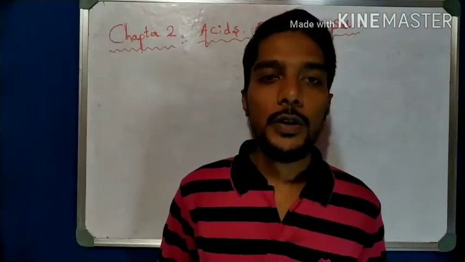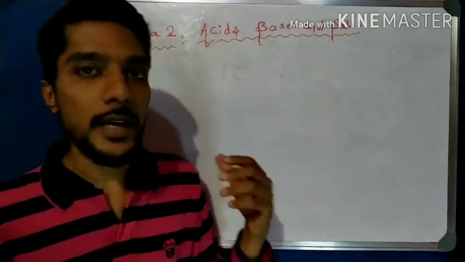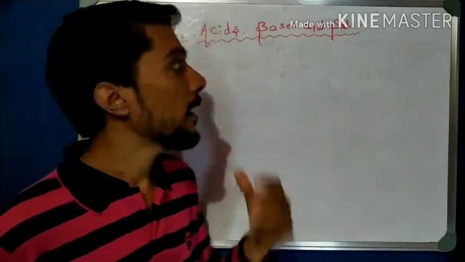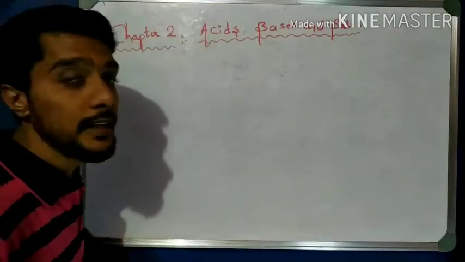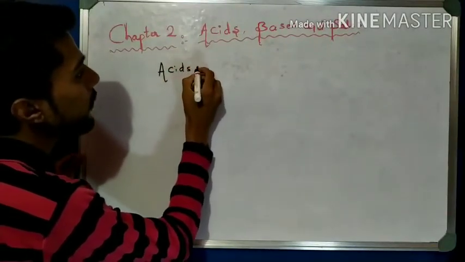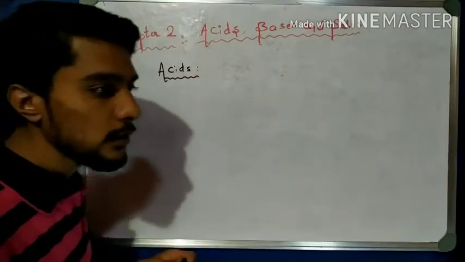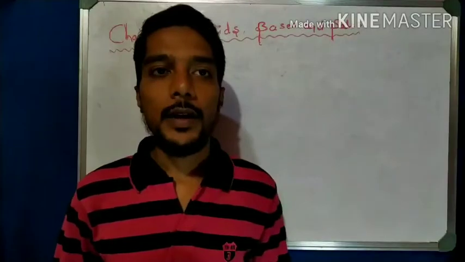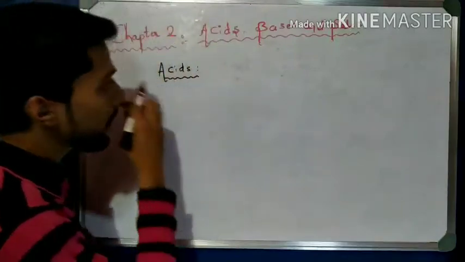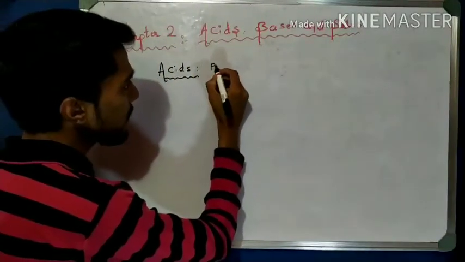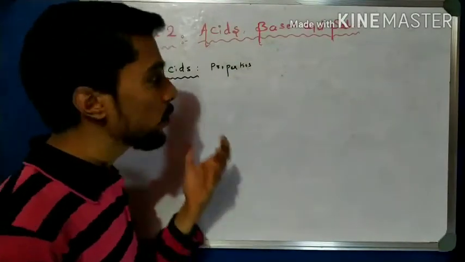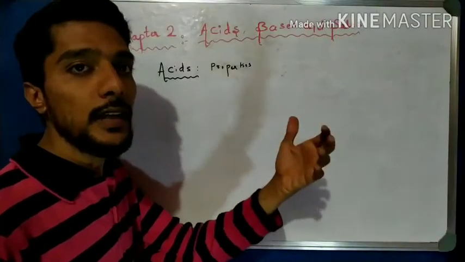So first in this video we will try to understand all about acids and bases. Try to learn some starting concepts, basic concepts about acids and bases. So come to the first point, that is acids. I start this lecture from the concept of acids. We have to know what acids are and how they appear. So now first write down the properties of acids. These properties are helpful to define the acids.